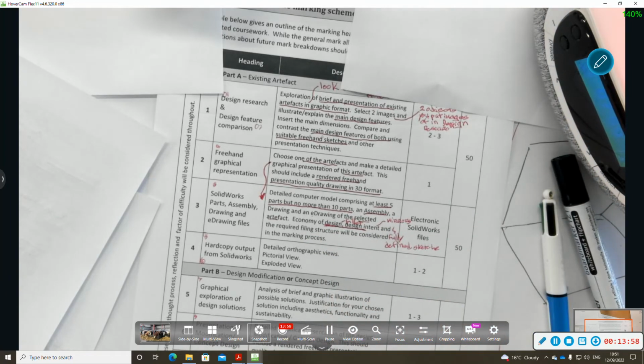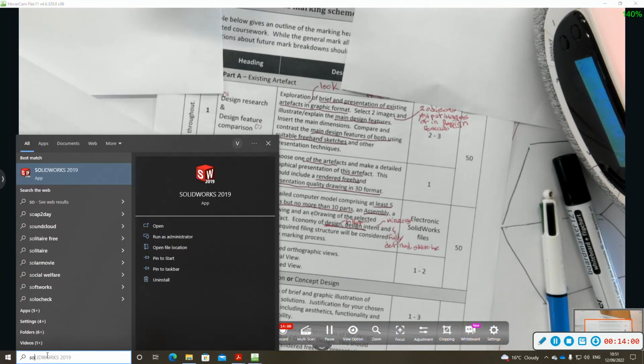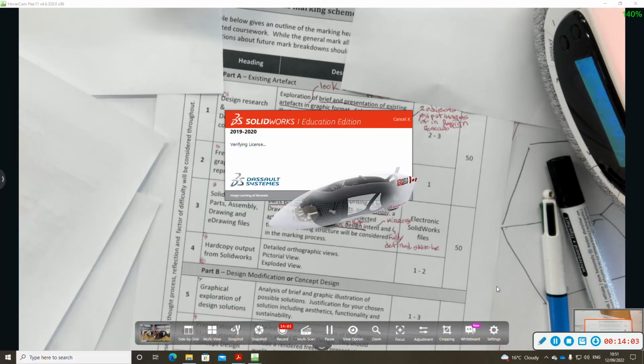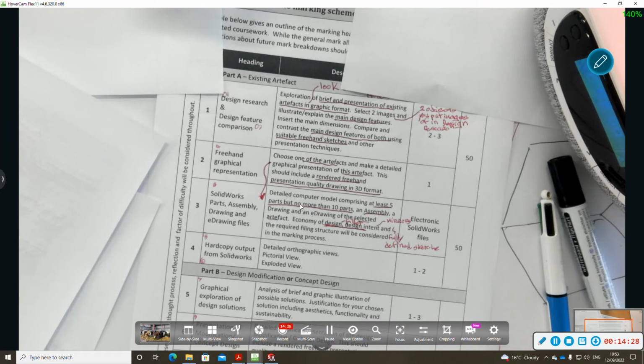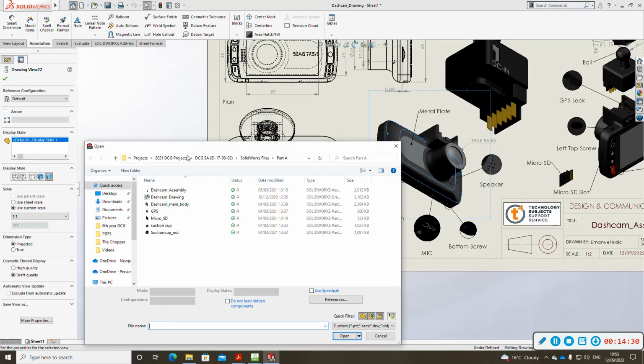So for example, here's the filing structure. So we've got 2, 4, 5 part files. That's the minimum you can have. Your dashcam assembly, your assembly file and your drawing file. Now this person would have lost marks because they didn't have the e-drawing in here. So there's no e-drawing. And what an e-drawing would have been,